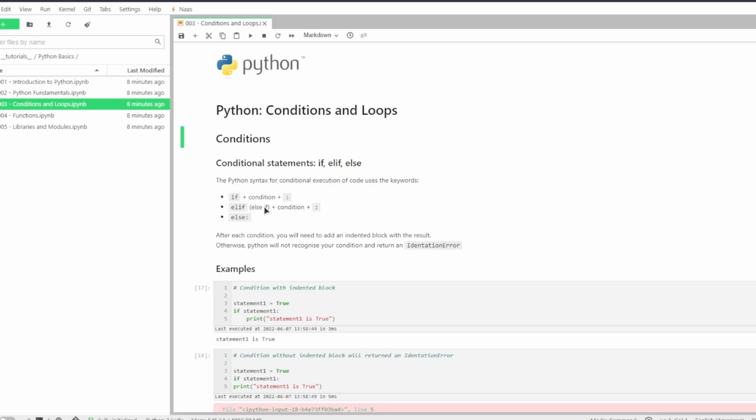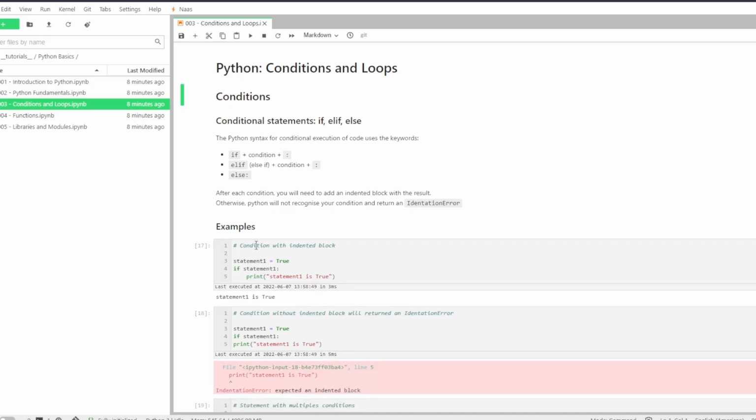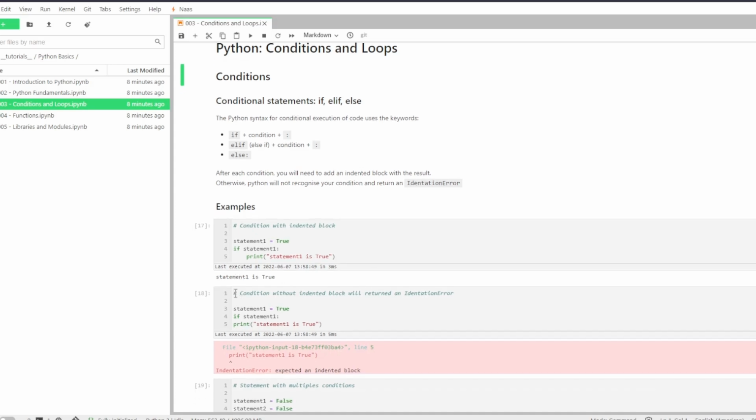See over here in the example, statement 1 equals true. If statement 1, which means the statement 1 is true, then print "statement is true". See, statement 1 is true. Okay, so for the next one, if you see